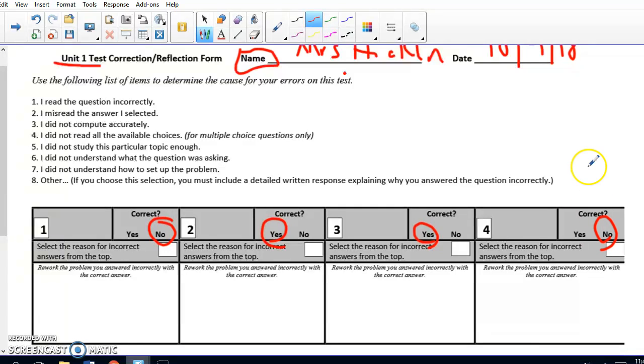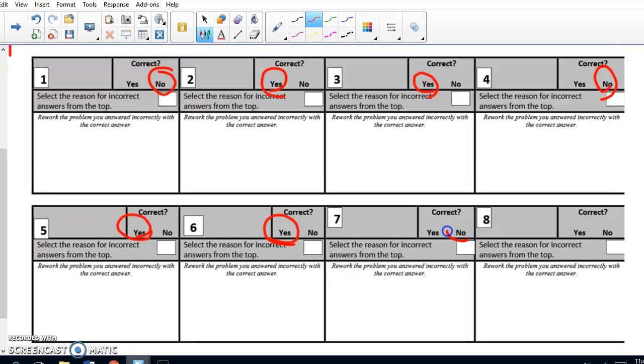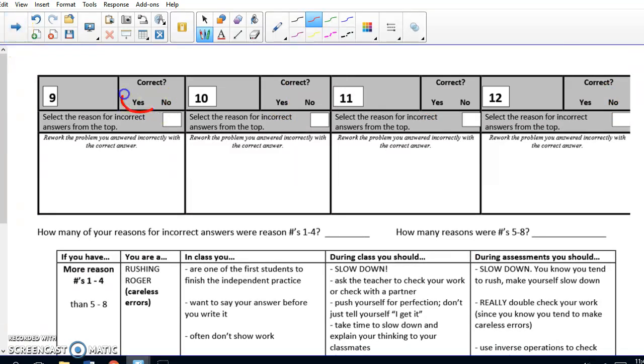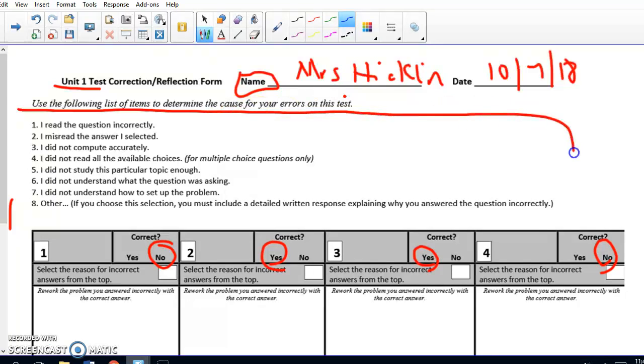And then I would continue with this pattern all the way through all of the questions. So continuing on, I'll move down and show you that if I carried on with 5, 6, 7, and 8, we'll say I did pretty good on those. I missed number 7, I got number 8. This is going off of my data, of course. And then we would go on to page 2, circling whether we got them correct or incorrect based off of our data. Once you've answered those 12 questions with yes or no, you're going to come back and now you're going to look at these 8 questions